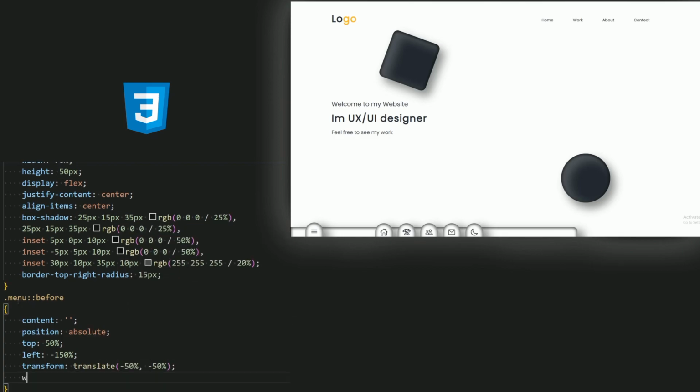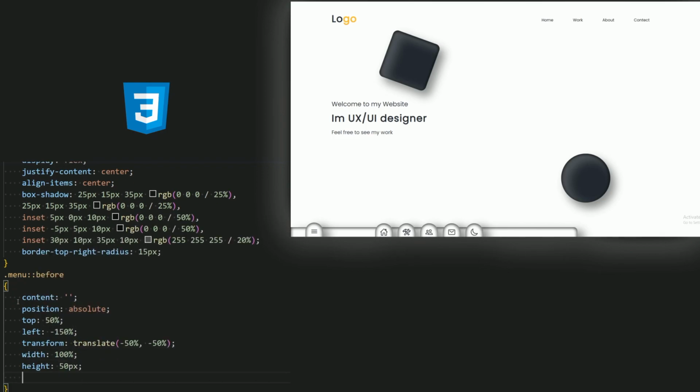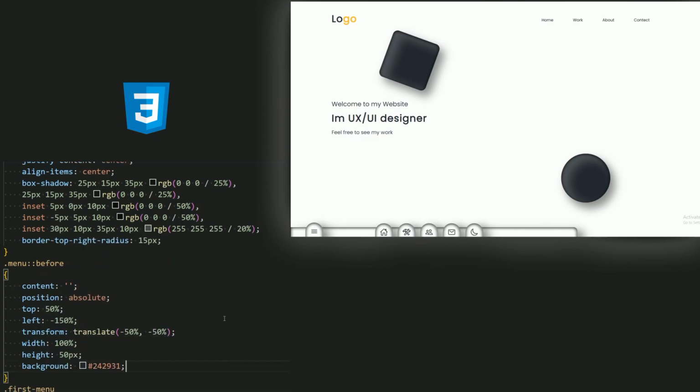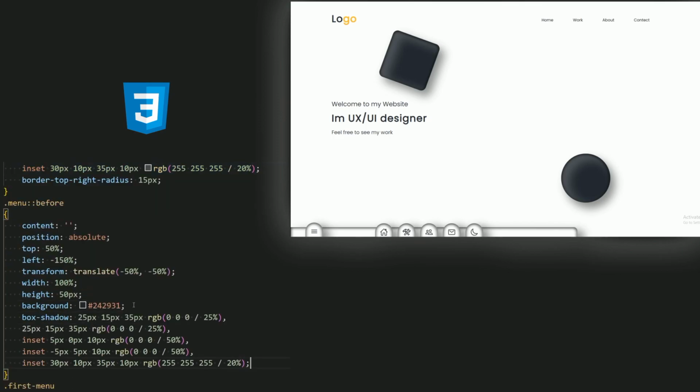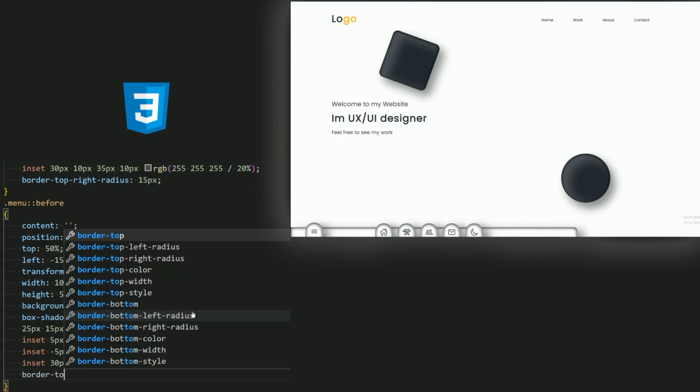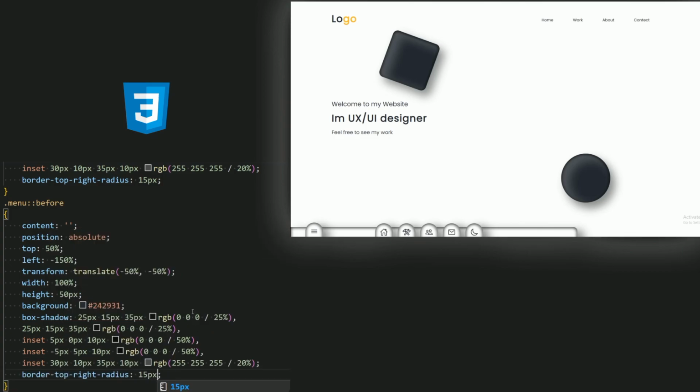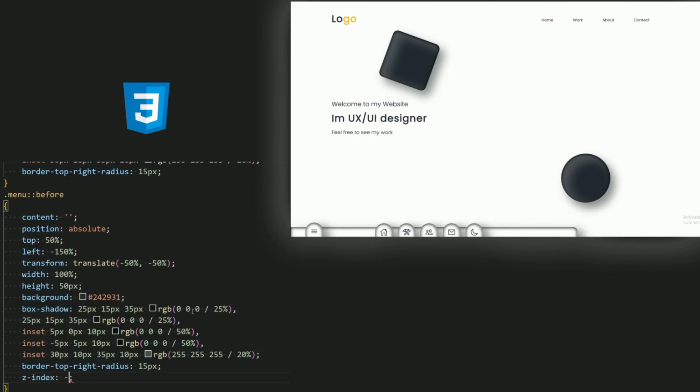Now the width be 100% and the height be the same 50 pixel. Now the background to be black, the color is hashtag 24, 29, 30, and the box shadow be the same. Now just copy and paste it, and let's add a border top right radius 15 pixel, and the z-index